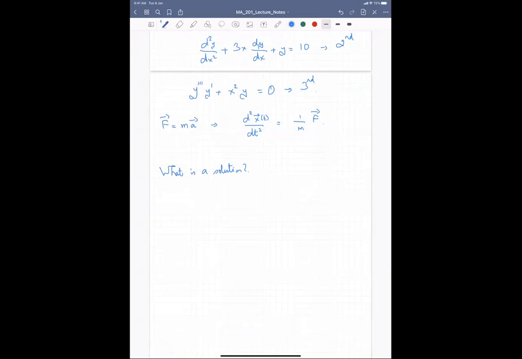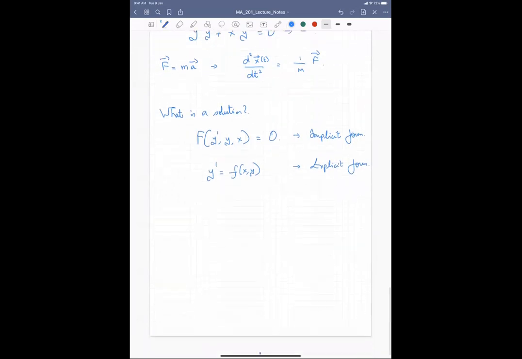So for example, a first order differential equation can always be written as some function capital F of y prime, y, and x is equal to 0. Okay. Or you can write this as an equation for y prime explicitly. I can write this as y prime equals some function of x and y. Okay. So this is sometimes called the implicit form. And this is sometimes called the explicit form. Of course, we can always go from the implicit to the explicit form by simply solving for y prime. So needless to say. Okay.